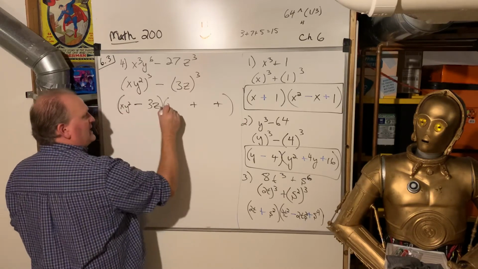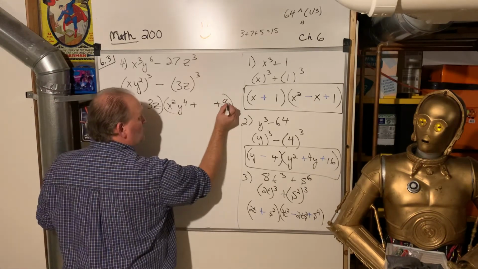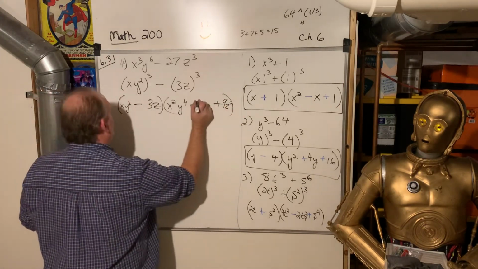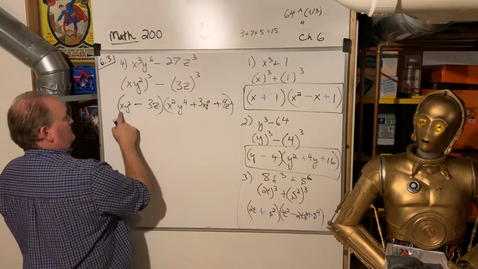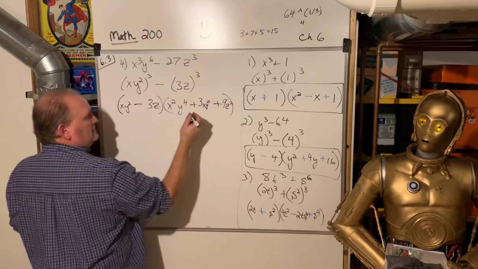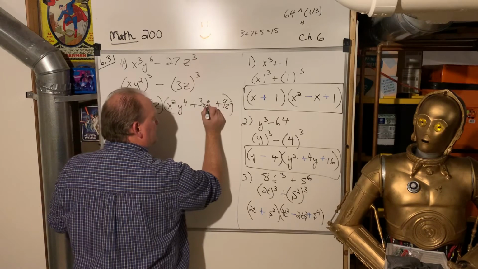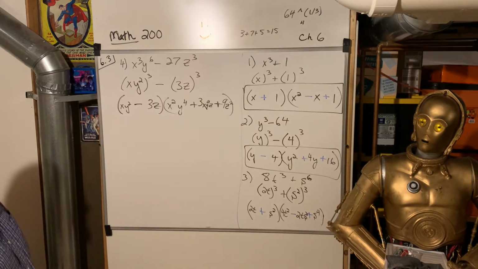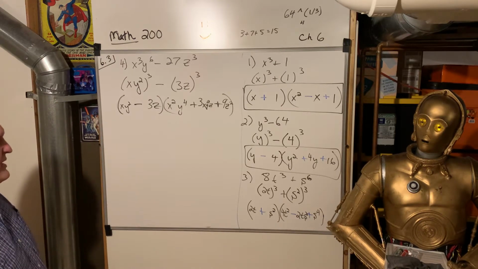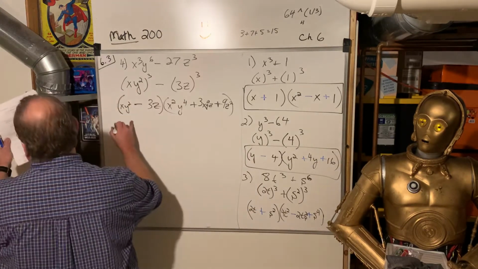That times itself is x squared y to the 4th. That times itself is 9z squared. And those times each other are 3xy squared z. Don't forget the z. I didn't leave enough room in the middle there. I had to make them really scrunched down. Doesn't matter what order you put it. You could say 3z xy squared or any version of it. Just make sure the squared is on the y. All right. And then number 5,